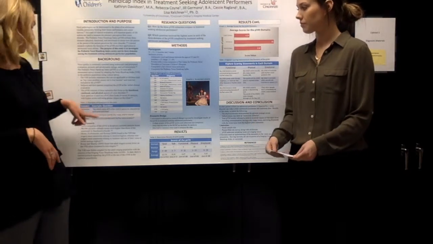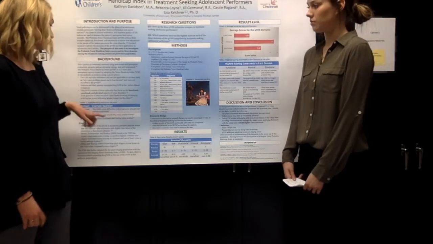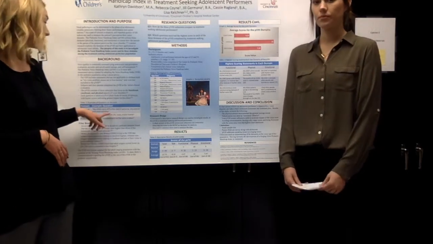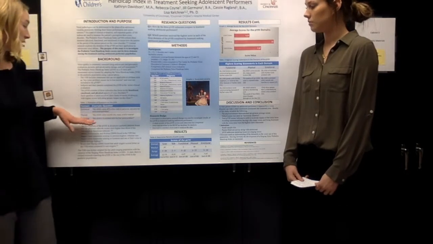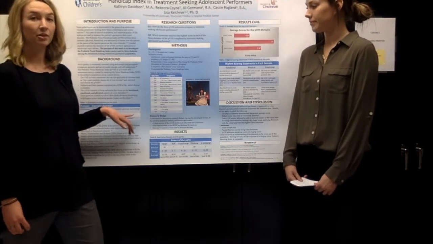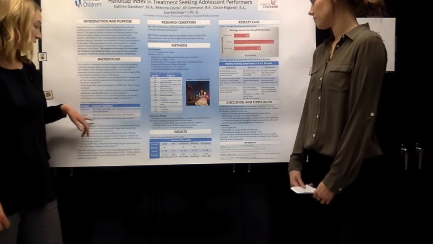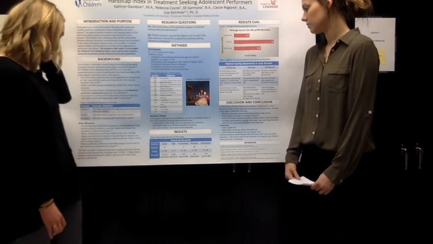An example of a functional question on the Pediatric Voice Handicap Index would be: my child's voice difficulties restrict personal, educational, and social activities. A physical question would be: my child's voice sounds dry, raspy, or hoarse. And an emotional question would be: my child is frustrated with his or her voice problem.